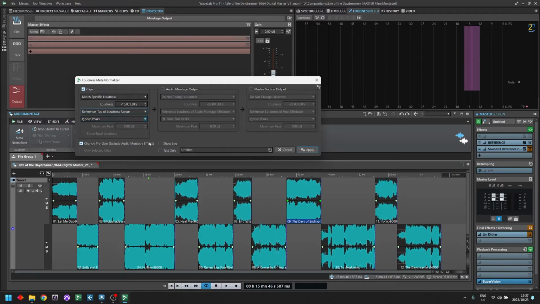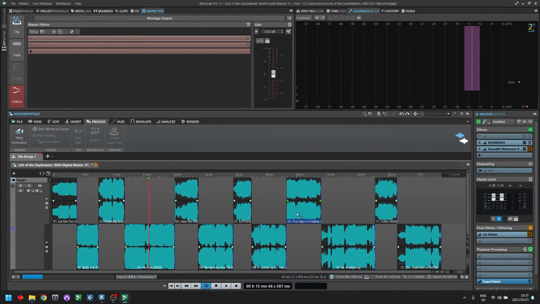And then ignore peaks because I'll set my own peak level. And then the one thing that's quite important that you must keep in mind is change pre-gain, because this will automatically be in post-gain, which is kind of difficult to work out a bit later, but you want this in pre-gain, so you're affecting the gain before you start doing processing. Okay, so once you have that, go and press apply, and it will